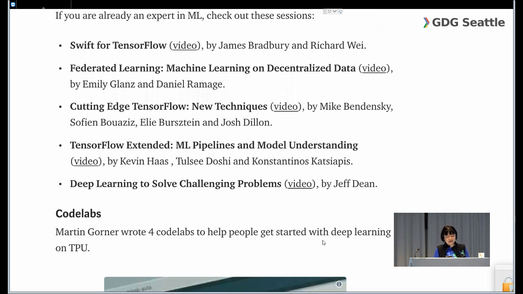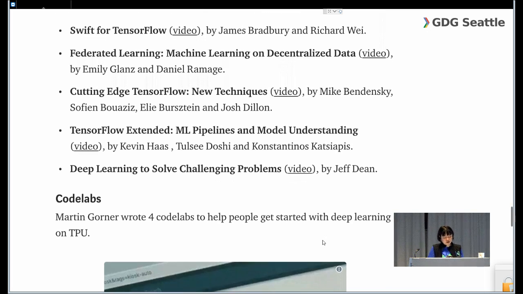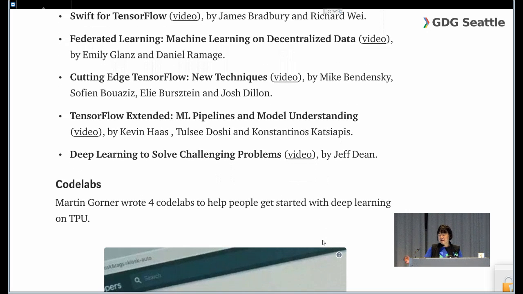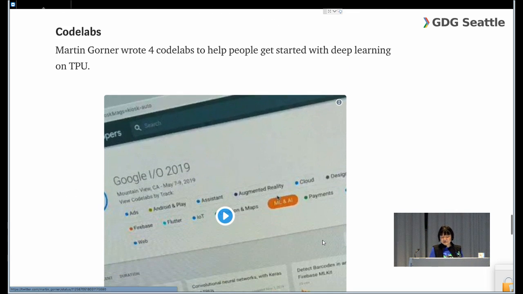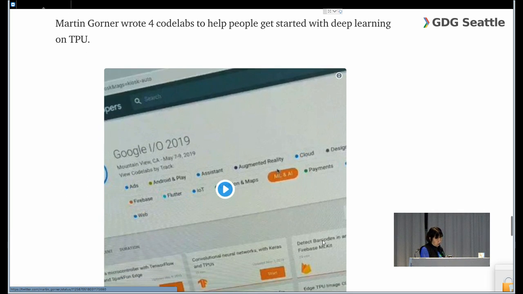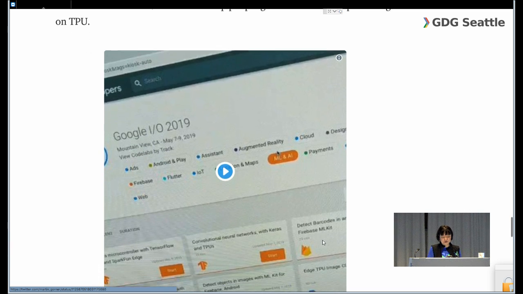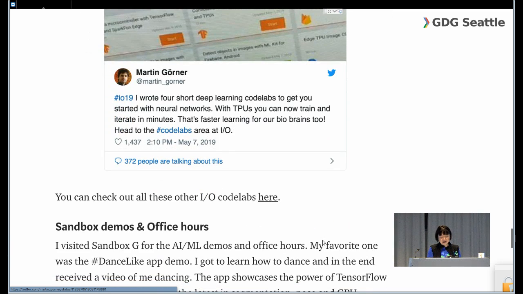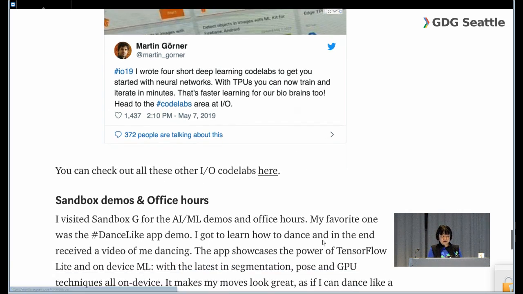And then TensorFlow Extended is more of the end-to-end pipeline. Deep learning to solve challenging problems: Jeff Dean basically walks through some of the problems that you can solve with deep learning. There are a bunch of Colabs, and Martin Gorner, who's from the Google Cloud team, wrote 4 Colabs to help people get started with deep learning on TPU, which is really nice. And here I also included a link where you can see all the Colabs from Google I/O,